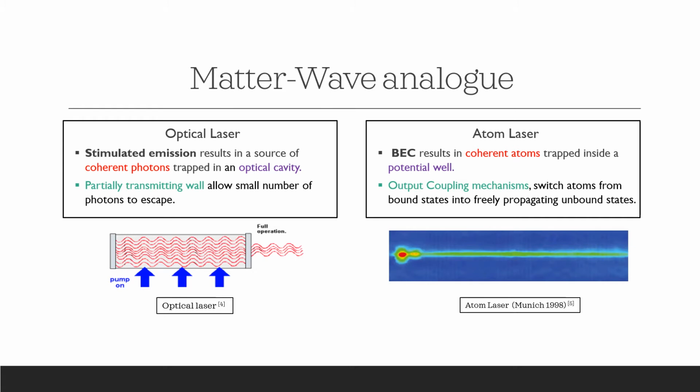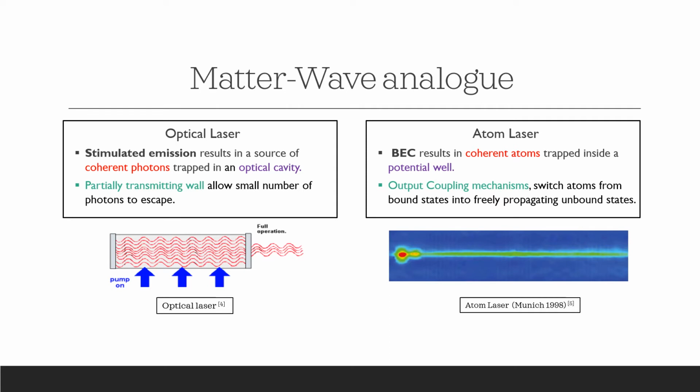These photons then travel inside a trapped optical cavity, further amplifying this effect until there are a large number of photons inside. These coherent photons are then outcoupled from the trapped cavity by a partially transmitting wall on one side. This, in effect, allows trapped coherent photons to exit and create an intense, freely propagating coherent beam of light,